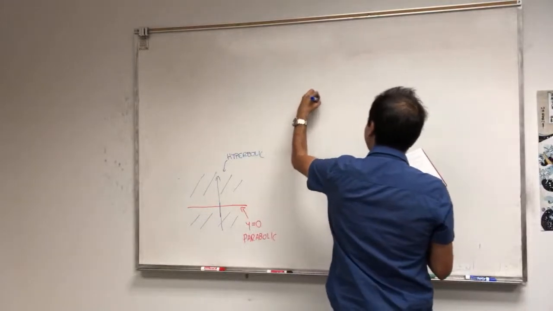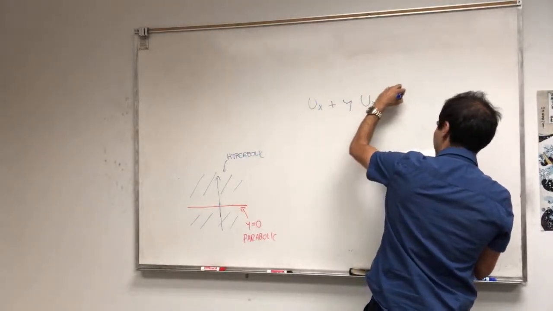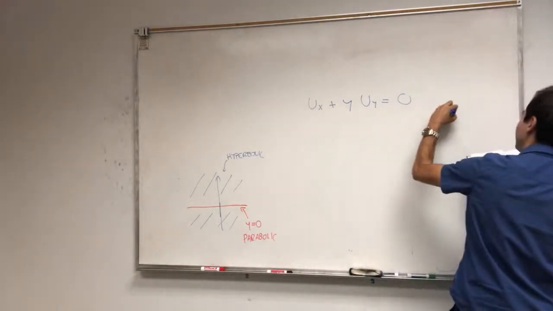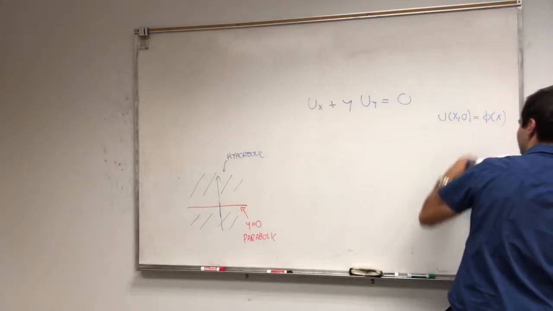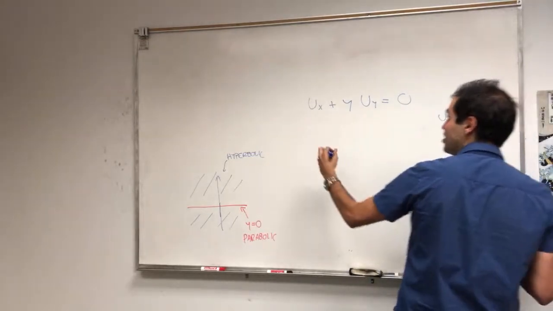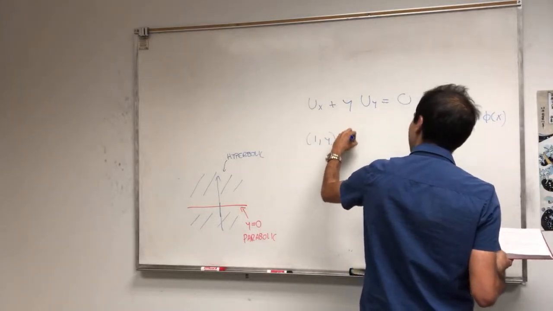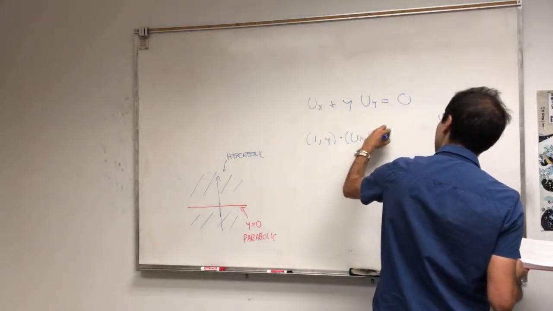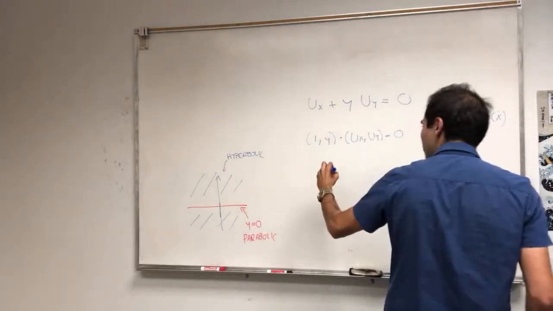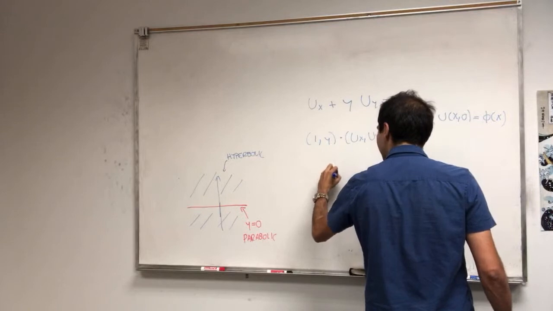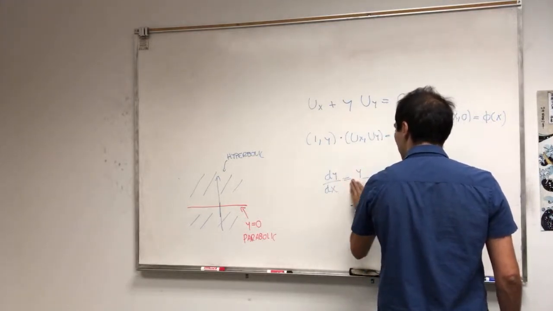So ux plus y uy equals 0, and then we have the boundary condition u(x,0) equals phi of x. Let's first find a general solution of this. So this is again this wonderful geometric method. This thing equals 0, so we're looking for curves y such that dy over dx equals the slope of that, so y over 1,